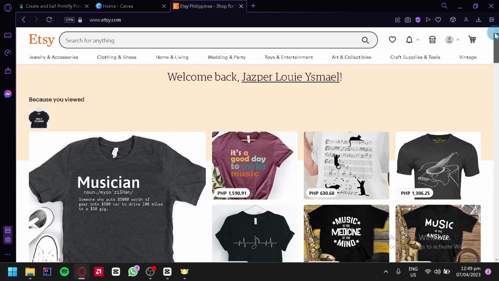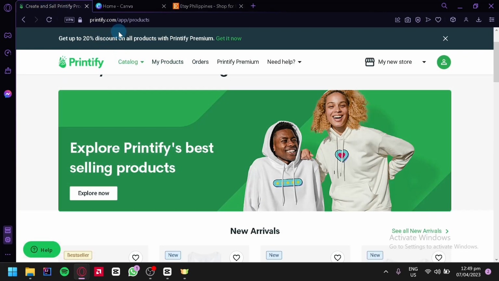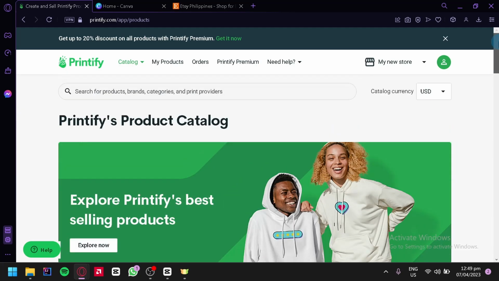This is where we are going to sell our products later on. So the first thing we're going to do is go to printify.com. Over here, this is where we will be creating our print-on-demand products for drop shipping and for our Etsy store. To begin with, we're first going to check out our different products that we can create by hovering